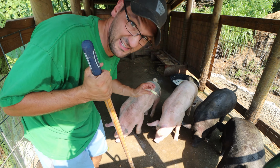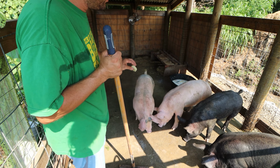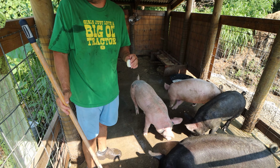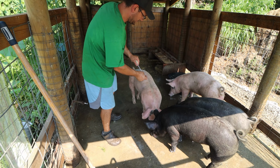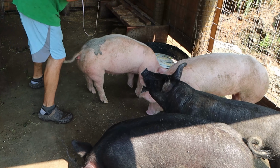All right, so we're gonna try to tape weight a pig right now. What we really need to do is get the volume of this pig in inches, and then once we get that, we divide it by 400, because every 400 inches is a pound in the pig world. So we're gonna go from the ears to the tail, without you biting me, you little...